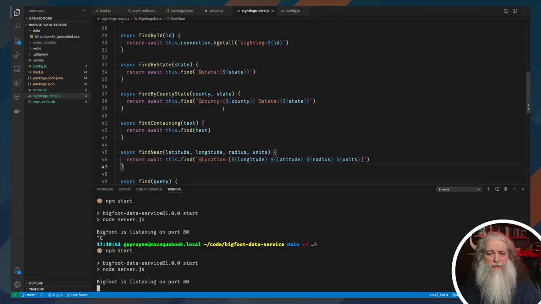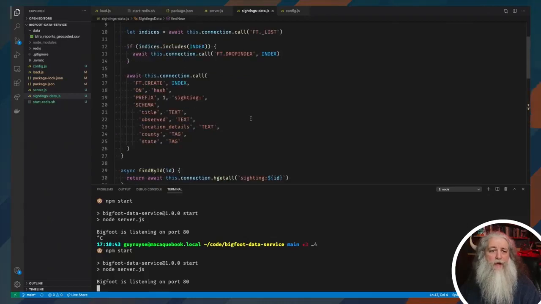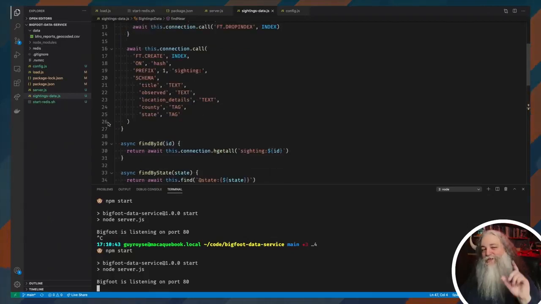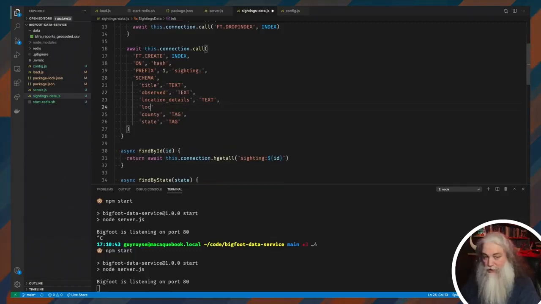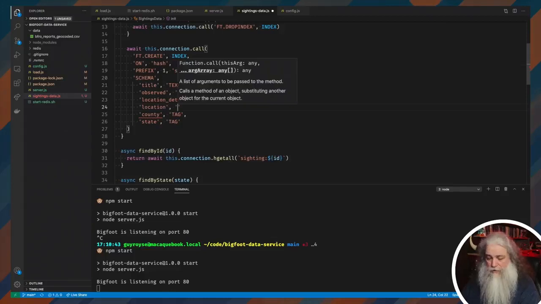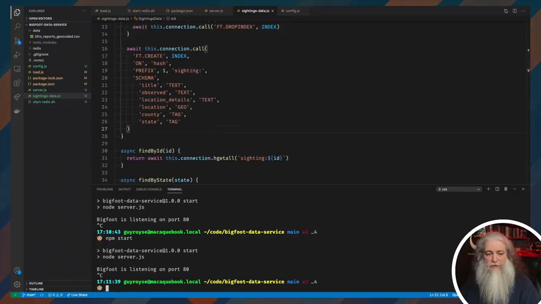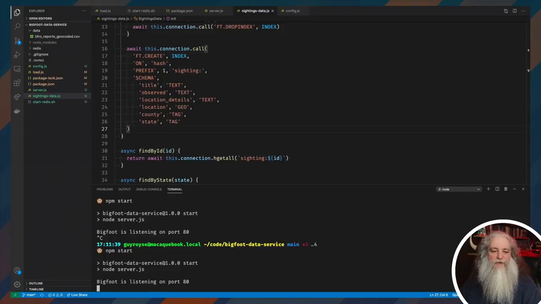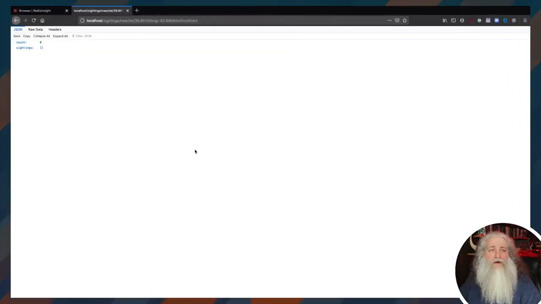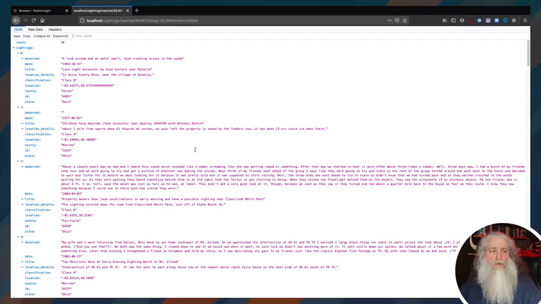There are several nearby. Oh, and that's because the reason it didn't work is, and this is important, if you don't update your schema, you can't search on a thing, right? So we need to update our schema to tell it that location is a geofield. So let's do location geo. There we go. Now if I stop and start the server, it will destroy and rebuild that index for the umpteenth time. And now if I go out here and reload this, we get 28 Bigfoot sightings within a 50-mile radius